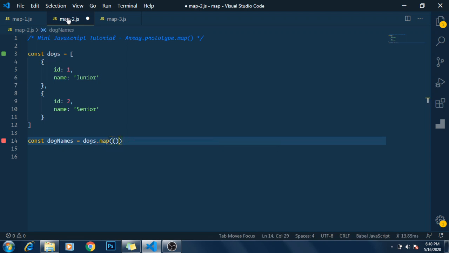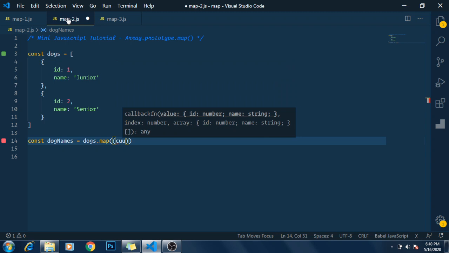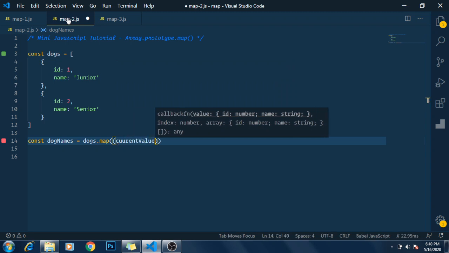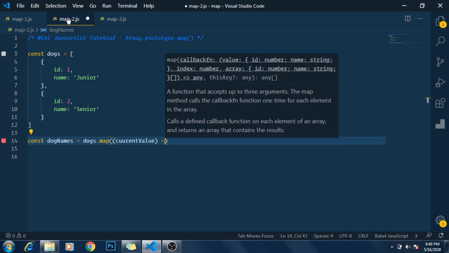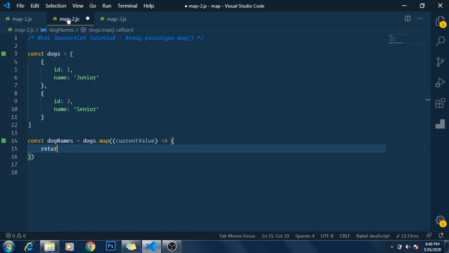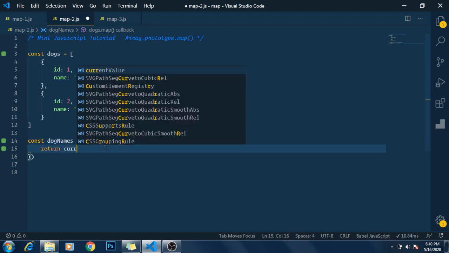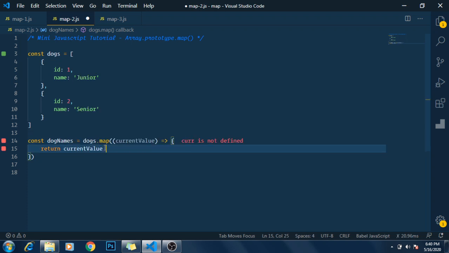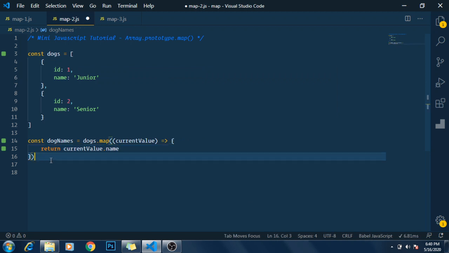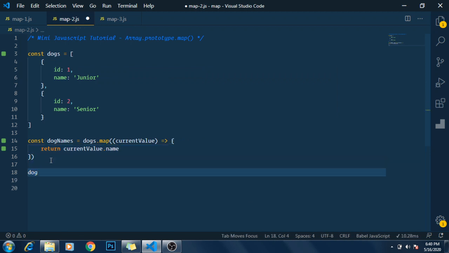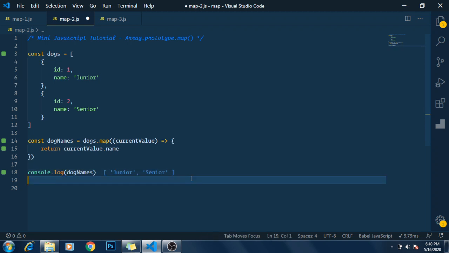Now my callback function will take the current value as the first input parameter and then return current value dot name. If I go and console log dogNames, I'll see I have the dog names here.